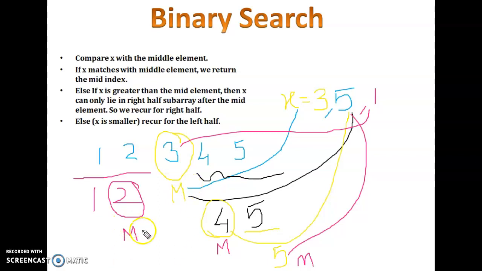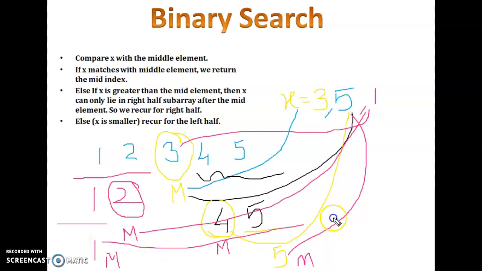Now you are going to compare 1 and 2. Again it says that the key element is lesser, so you are going to take the left part of it. Then you are going to have 1 at the last, which becomes the middle now. So you make the comparison, and you have successfully found an element by using binary search.